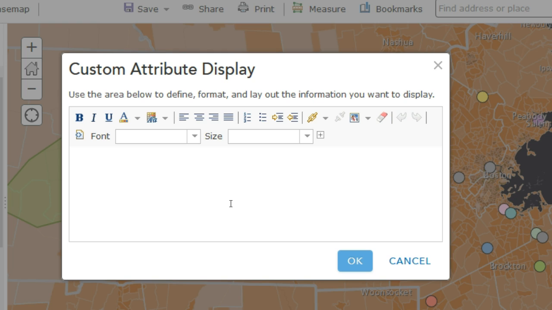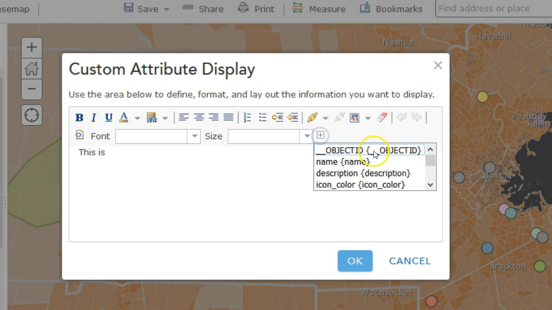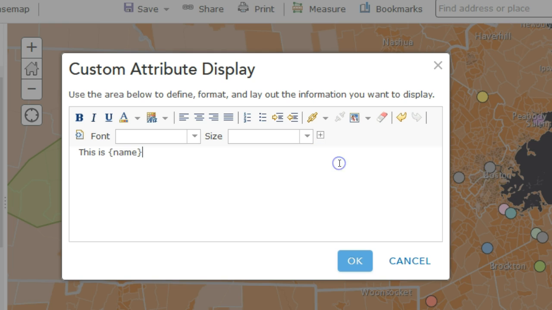Well, let's say, for example, that I want each pop-up to describe the business that it's referring to and also to incorporate an image. So I'm going to say, this is, and then I want the name of the business to appear. So with this Add Field Name button on the far right of the lower menu, I choose the column that contained the name of the business from that original table. And this name within the curly brackets means that it will insert the respective name of the individual businesses from the table, although those words will stay the same. So this is name of business,